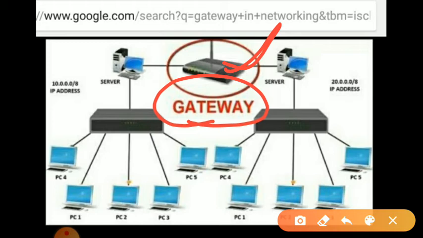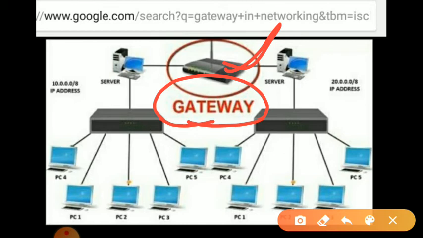It establishes an intelligent connection between the local area network and an external network with a completely different structure. If we connect our local area network to the outside network or a wide area network, then we use a gateway.